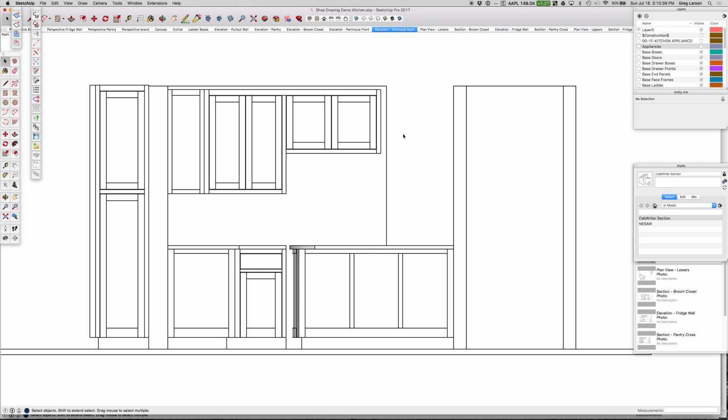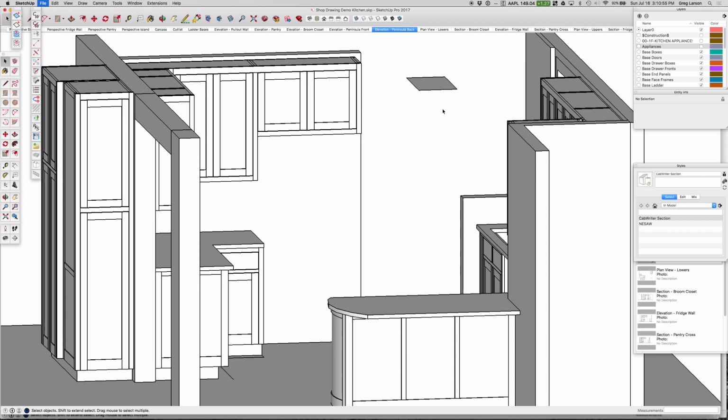Let's just say I change anything. It doesn't really matter. I could just draw a rectangle, and I save this file. What's going to happen is, from layout's point of view, this file will have changed. And we could have changed a cabinet, we could have changed a material, a hatch, we could have added a countertop, we could have deleted something. And if we go back over to layout,